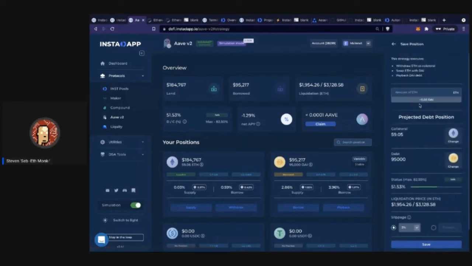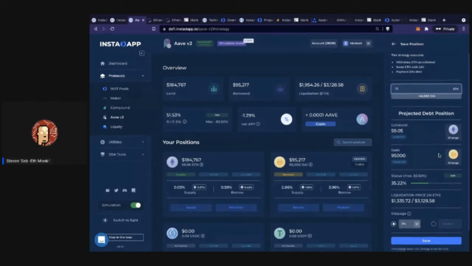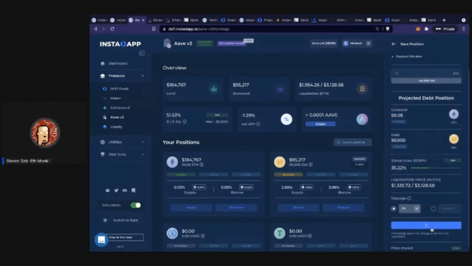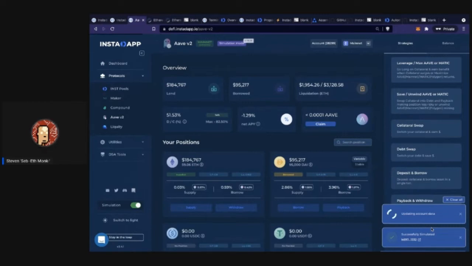So we're going to go ahead and do a save. I'm not going to save the whole position, I'm just going to do a portion, but I do want to show you what that save looks like. In this strategy, what you're doing again is withdrawing your ETH, converting it, and depositing and paying back that debt. What you put up here is the amount of collateral you want to convert, which is about 15 ETH. It tells you here it's up around 46,000 DAI. Just go ahead and unwind that position. And the same thing, if you wanted to close your position, you can just put the full amount, and that way you have no debt, and then you can withdraw your collateral.